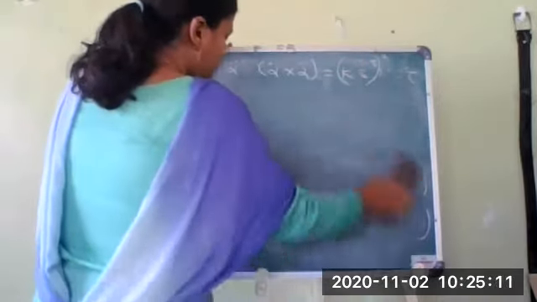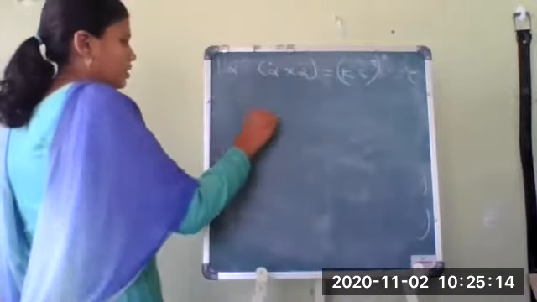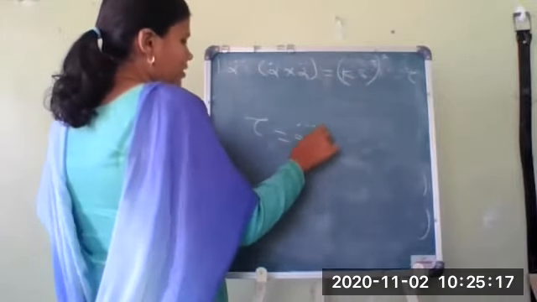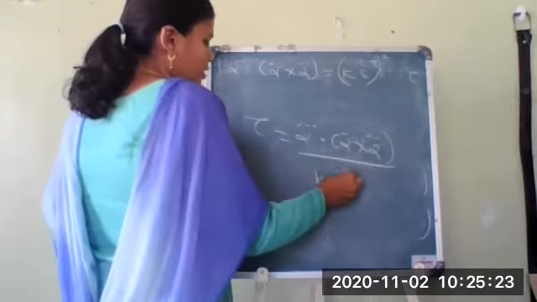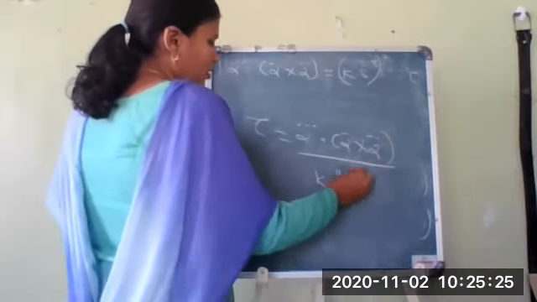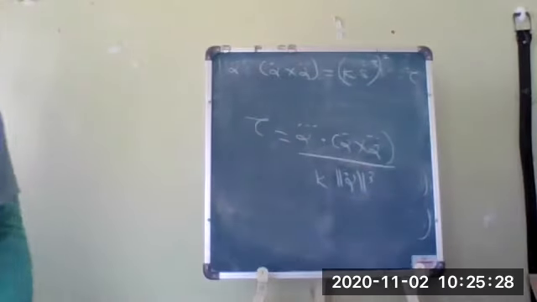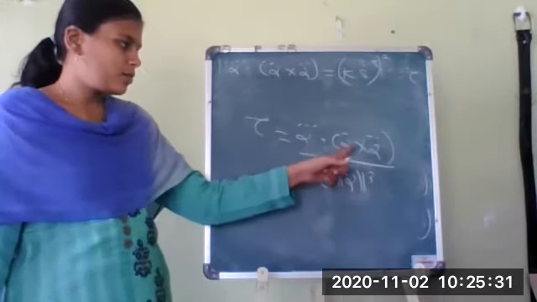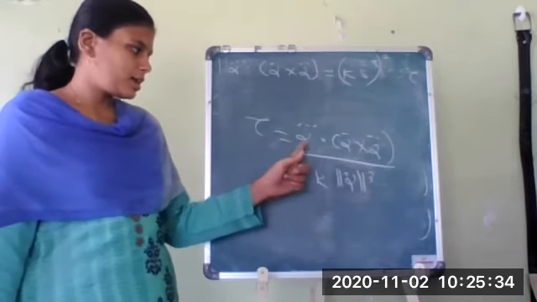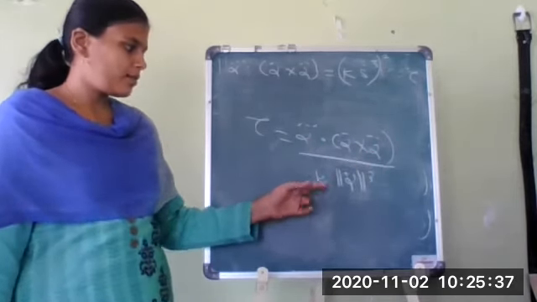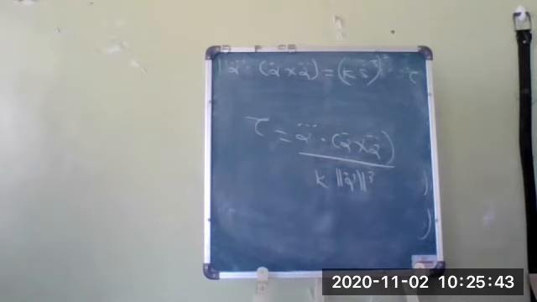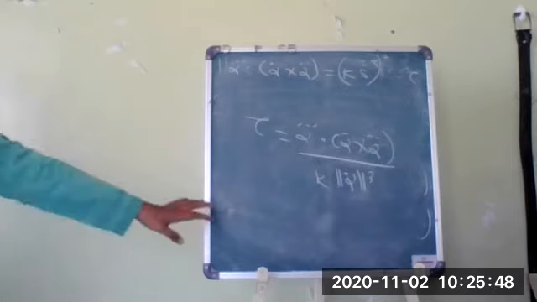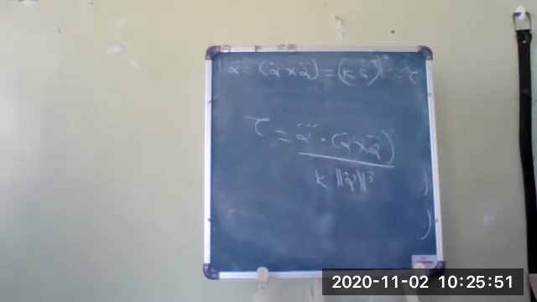So we have obtained the formula for tau: alpha triple dot product with alpha dot cross alpha double dot, divided by K s dot cube. This s dot cube I can also write as the norm of alpha dot cubed. To find tau, we have to find alpha dot, alpha double dot, their cross product, and the dot product with alpha triple dot. You already have this from finding T, and the expression for K also. So this will be the torsion tau.